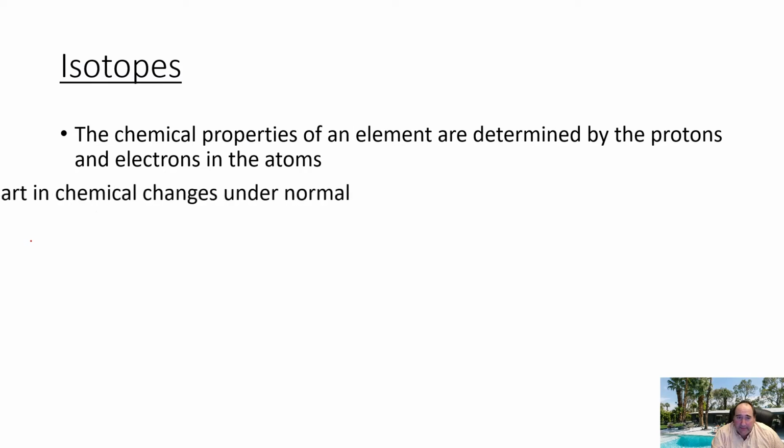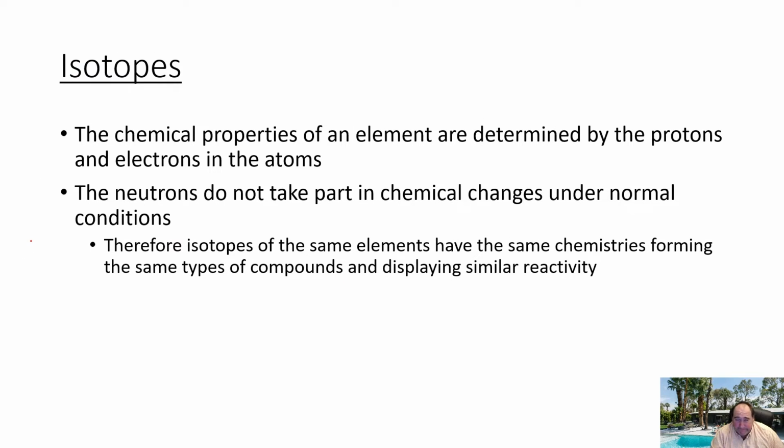Continuing on here with isotopes, as we talked about, isotopes pretty much work the same way. That's because, again, the properties of the elements are really determined by the protons and electrons in an atom. The nice thing is that neutrons really don't participate in normal chemical reactions, which means isotopes have different numbers of neutrons, so it's not going to make a big effect. One isotope of an element will basically behave and have the same sort of chemistry as the other isotopes.